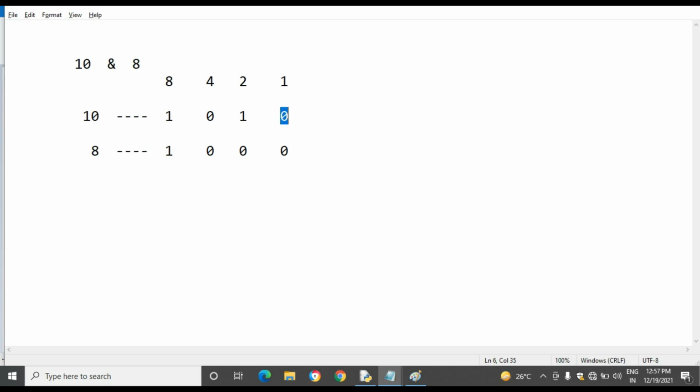Here x is 0 and y is 0, that means x is false and y is false, so the interpreter will display 0. Then here x is true and y is false, that means both the conditions are not true, so the result is false.